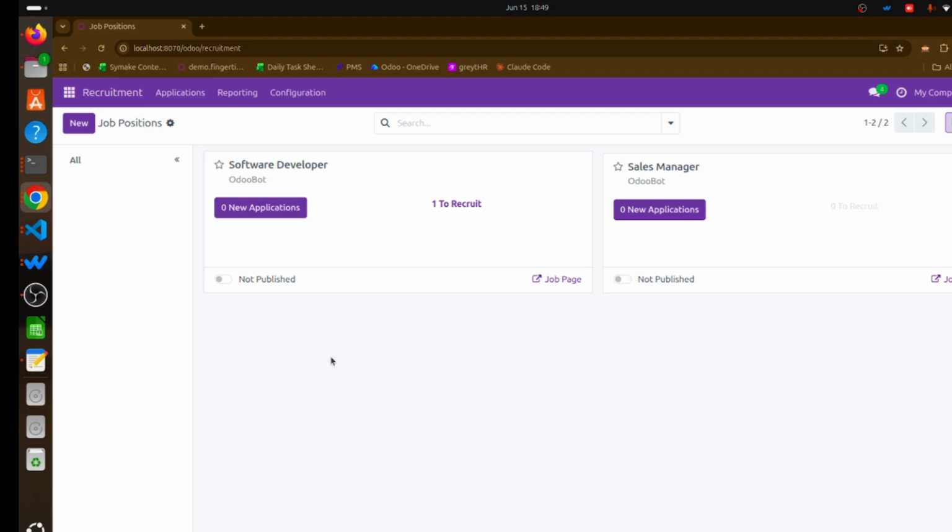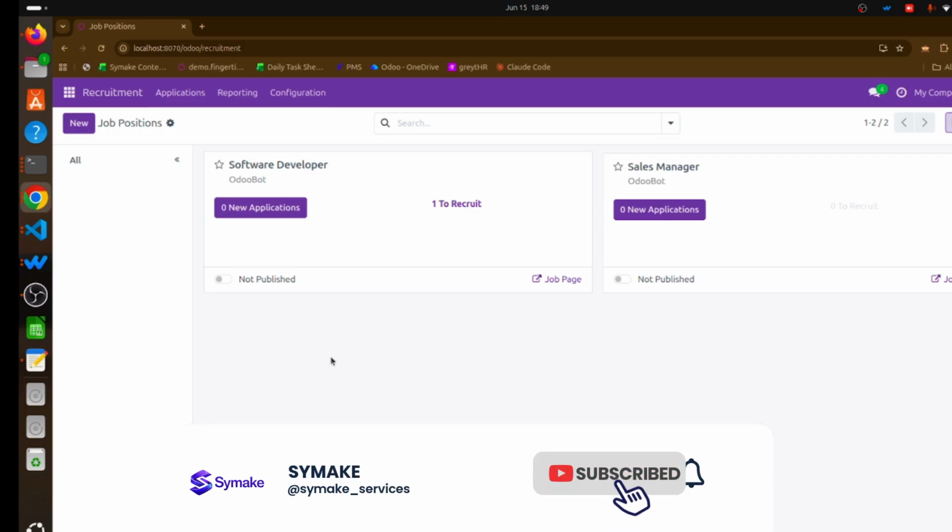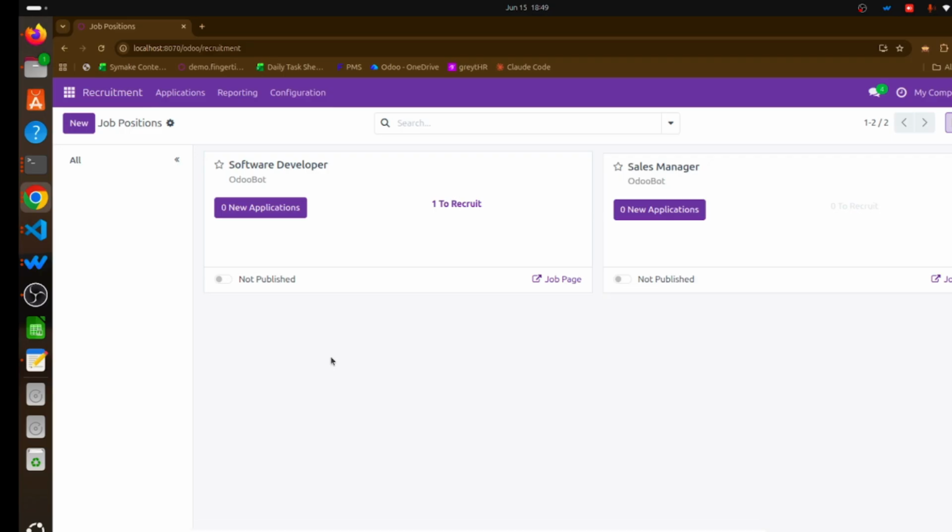What is this recruitment module then? This recruitment module is designed to help organizations to manage their hiring process swiftly from a single platform. Instead of handling job applications through emails, spreadsheets, or manual records, recruiters can use Odoo to organize and track the entire recruitment life cycle.